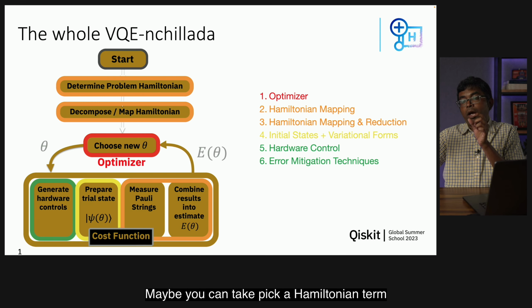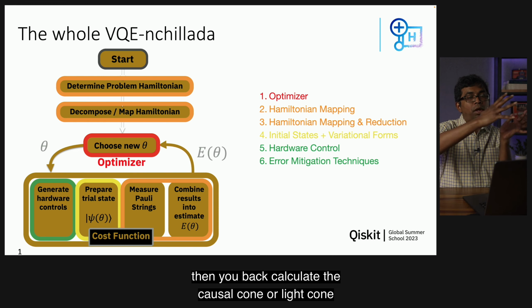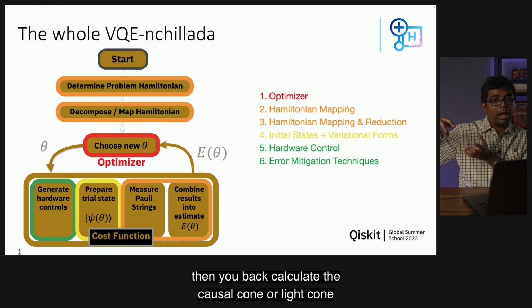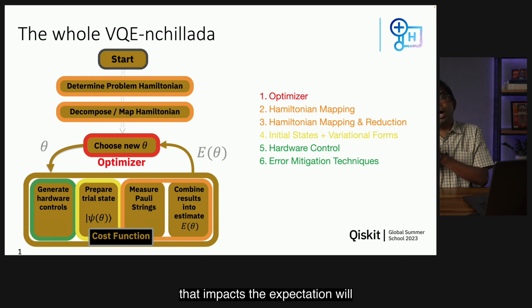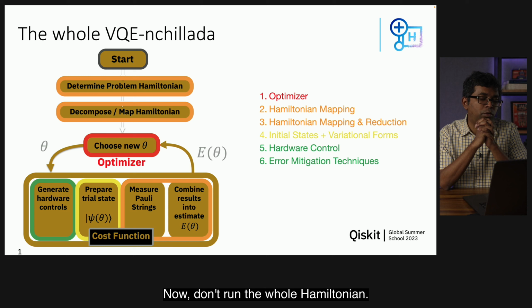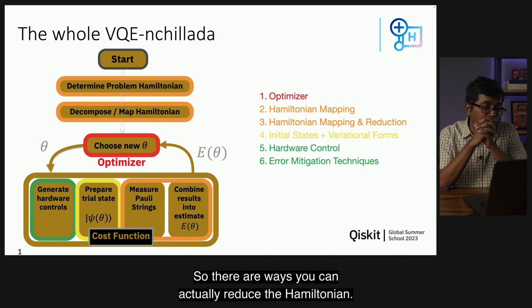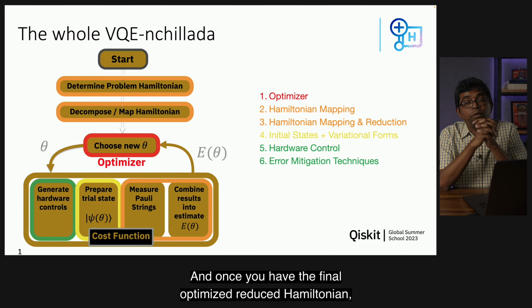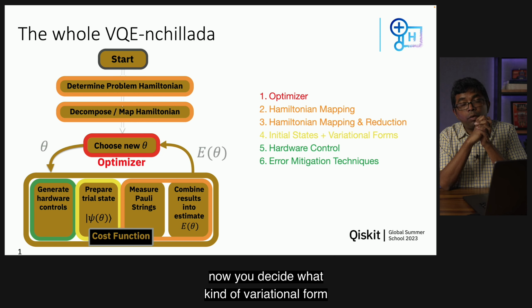Maybe you can pick a Hamiltonian term, then you back calculate the causal cone or light cone for that Hamiltonian, which is basically a sub-circuit that impacts the expectation value, and you stick to that sub-circuit. Don't run the whole Hamiltonian. So there are ways you can actually reduce the Hamiltonian. And once you have the final optimized reduced Hamiltonian, now you decide what kind of variational form